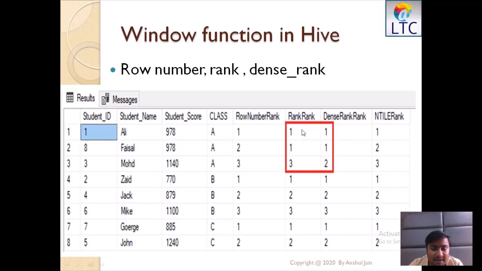So rank skips as many values as the previous value is repeated. It is repeated twice, so it will jump over the second rank, while dense rank maintains sequential continuity. Hope you got the idea about row number, rank and dense rank.